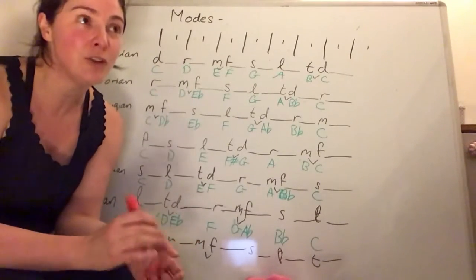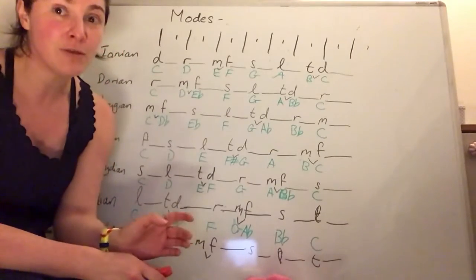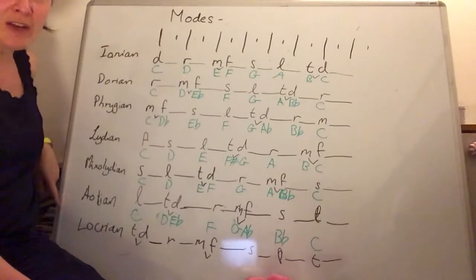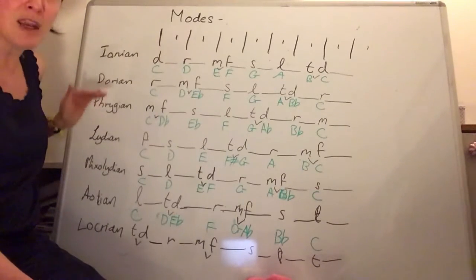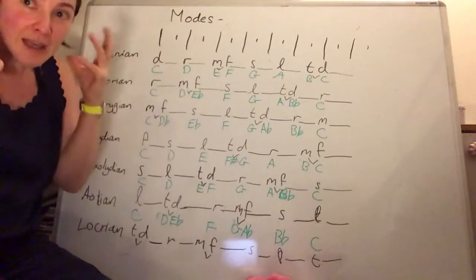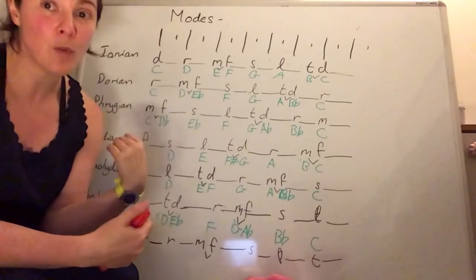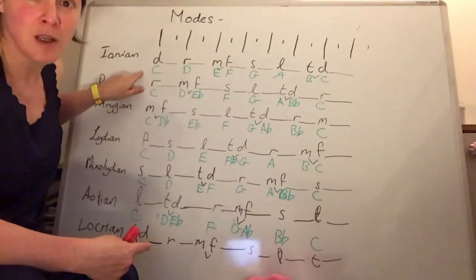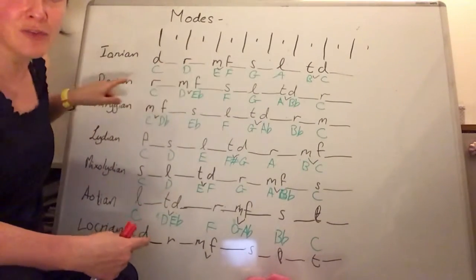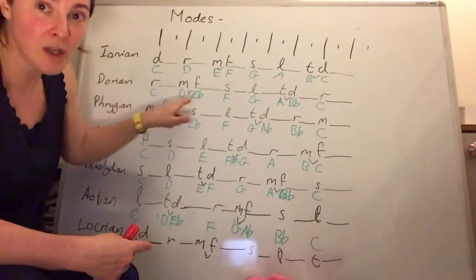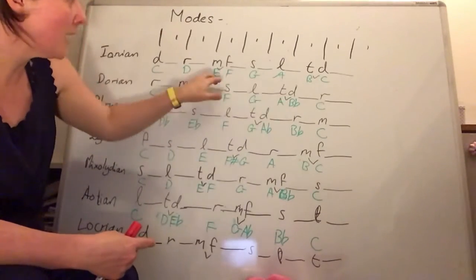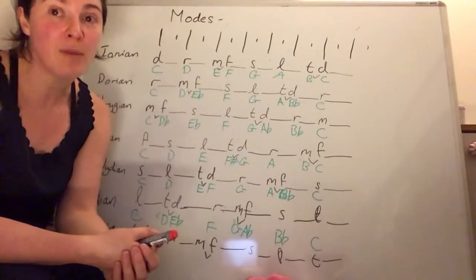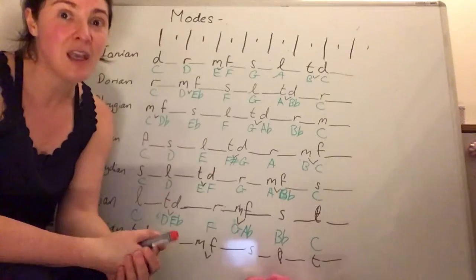But I think if you do the videos first and get a feel for the different modes, the 7 modes down here being do to do, re to re, mi to mi, fa to fa, and get that in your head first and associate that with the names, then you can say, right, if C is do, then I can work out the rest of the notes. If C is re, then I can work out the rest of the notes, because we're only thinking about mi and fa and ti and do being the close ones. So then that helps you remember the patterns of the tones and the semitones, and then you can work out